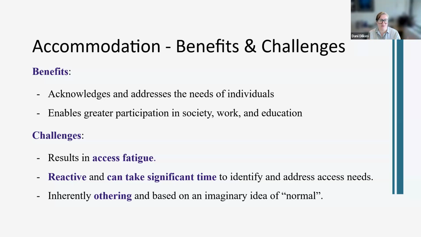And then finally, the accommodation process is inherently othering, because it says this group of people who don't need accommodations, they're normal, and our system is designed for this normal. And anyone who doesn't fall into this understanding of normal, well, we can still let them participate. We can still help them out, but they need to go through this process because they have, and I'll use air quotes, special needs or different needs. And so by the very way that accommodation is established, we're creating who does belong and who doesn't belong, but we're going to allow them to be in these spaces.